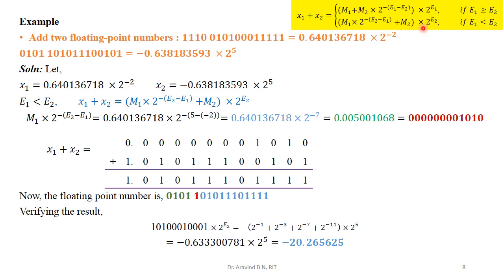This must be multiplied with 2 to the power of E2. So E2 is a known value, that is equal to 5. Therefore almost we are at the end of the solution. This is the mantissa part we are having and the exponential part is the E2. E2 is a known value, so we can have it. Now the final floating point representation is, this is the exponential part, that is equal to 5. This is the mantissa part that we have obtained from this addition, so that has been represented.